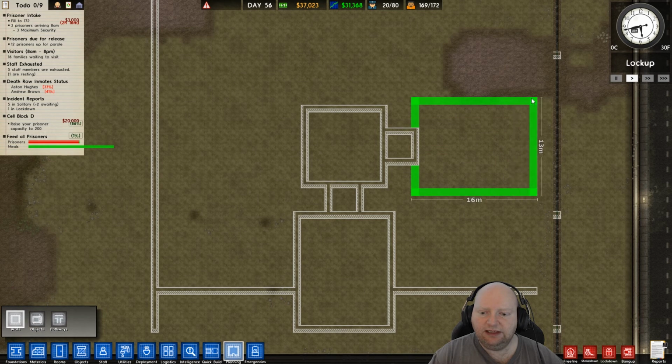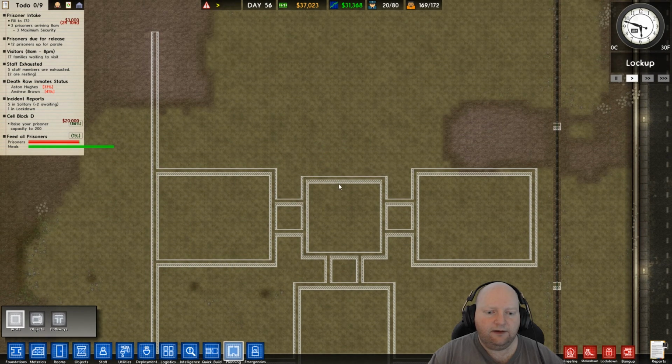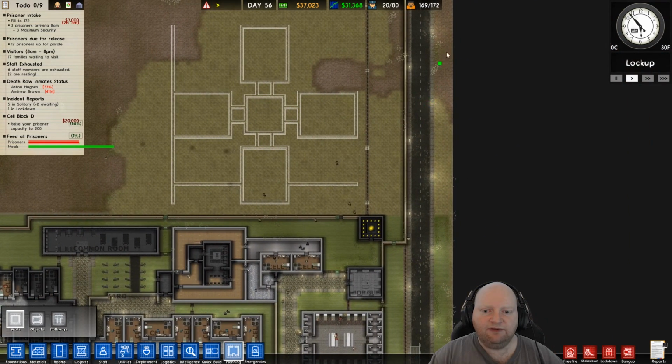It's 13 by 16. Then over here, a 5 by 5. Then a 13 by 16. Then here a 5 by 5. And we'll see what room we get left at the end, because the top of the map is important. And 16. Now if they dig from here that way, we're going to have sniper towers ready to deal